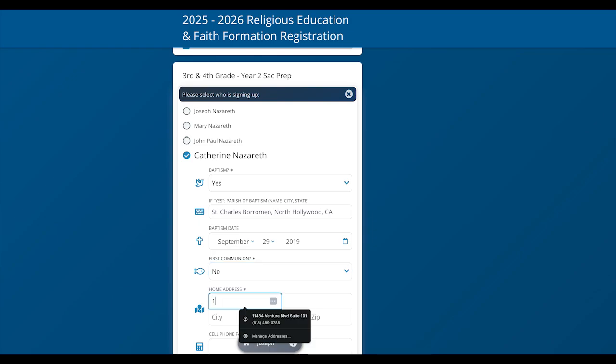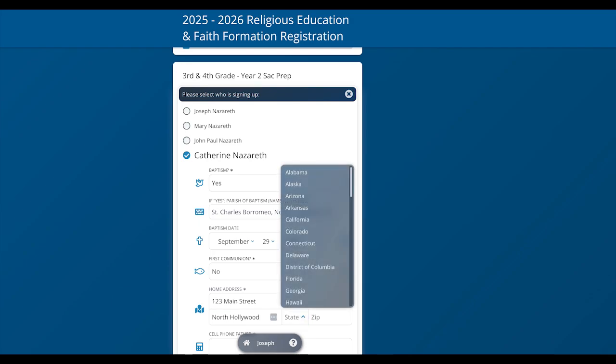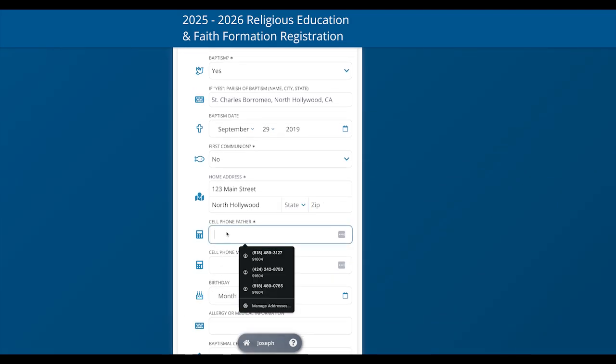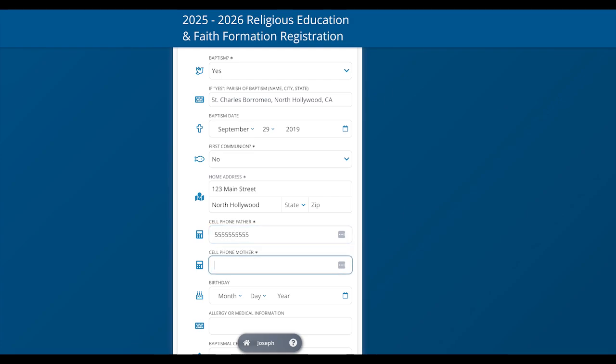And we're going to put in the address, 123 Main Street. We all live under the same roof. North Hollywood, California. I'm going to leave that blank for the moment because I want to show you what happens, but we'll keep going. 555-55555.